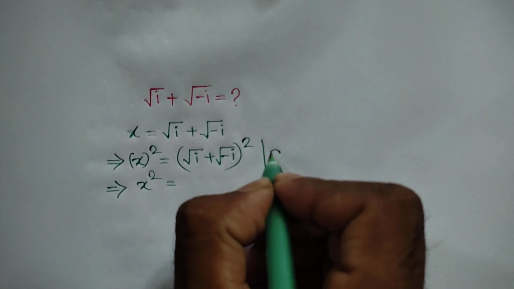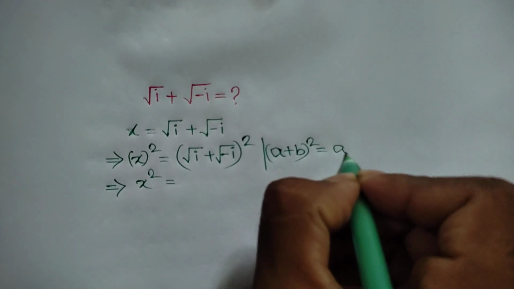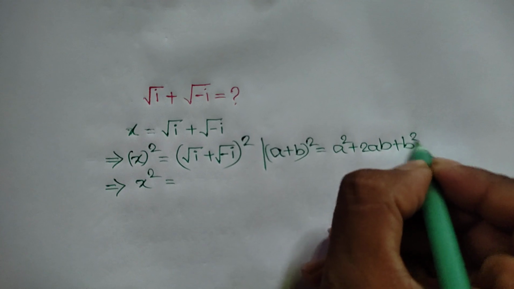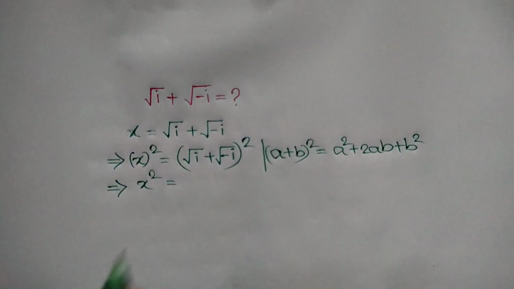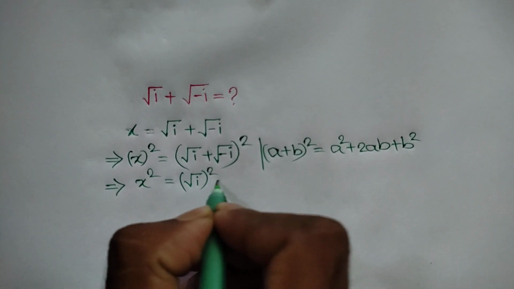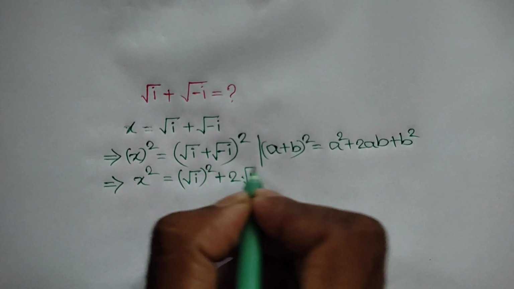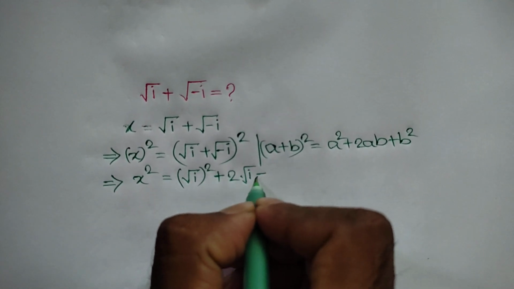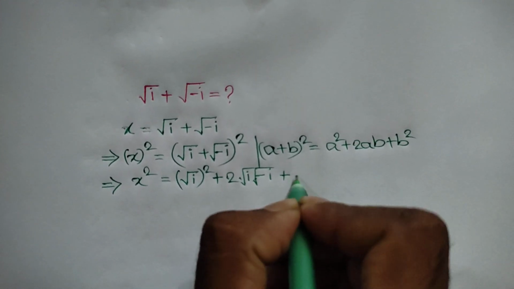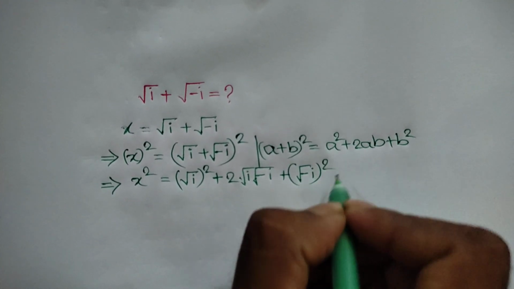The rule is (a plus b) whole square is equal to a square plus twice ab plus b square. Apply this rule here, we can write (square root of i) square plus 2 times square root of i times square root of negative i plus (square root of negative i) whole square,